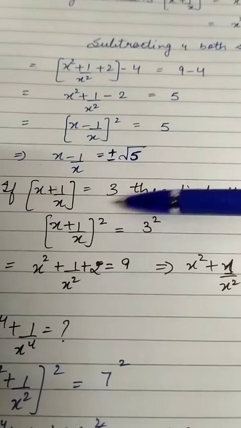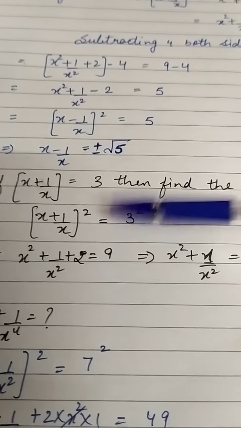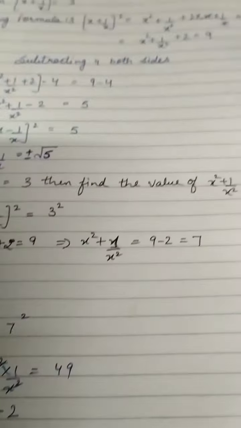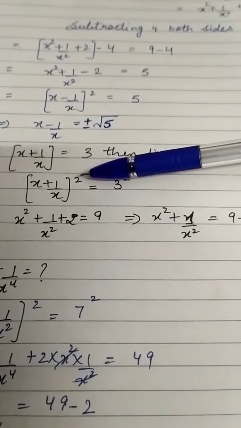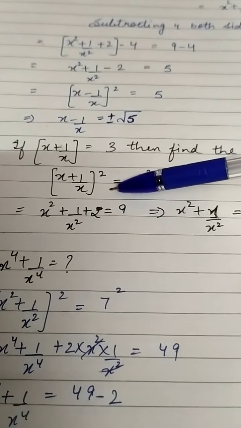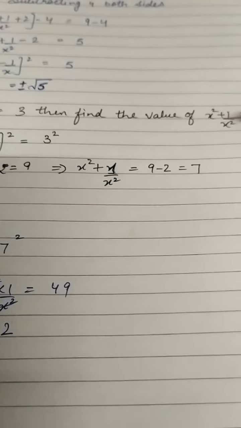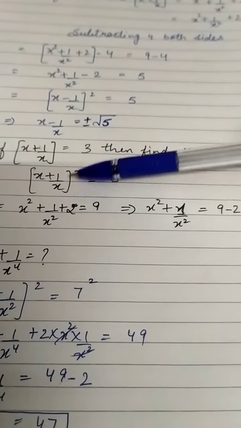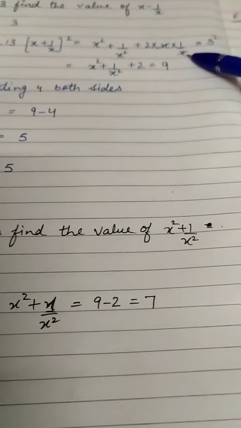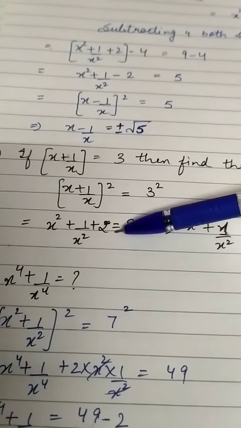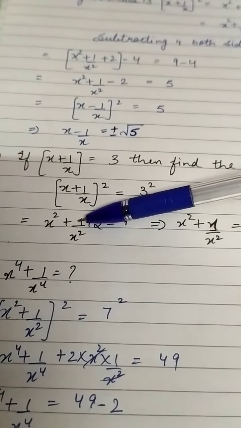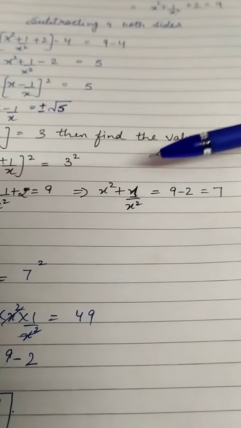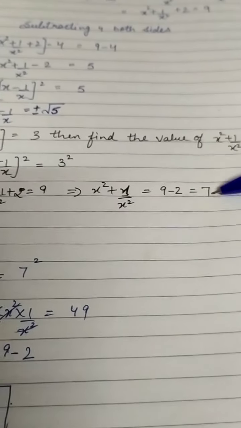All right. Now same value we have given x plus 1 upon x, and we have to find the value of x square plus 1 upon x square. Now this is easy, because we have to only apply the one formula here, (x plus 1 upon x) whole square we will do, and we have to find the value of this only. So here we will do the square of 3 also, so it will become 9, and here the x with x had cancelled, so what will be left? Only 2. So we only have to find its value, so this 2 will come this side. 9 minus 2 will be 7. So the value of x square plus 1 upon x square will be 7.